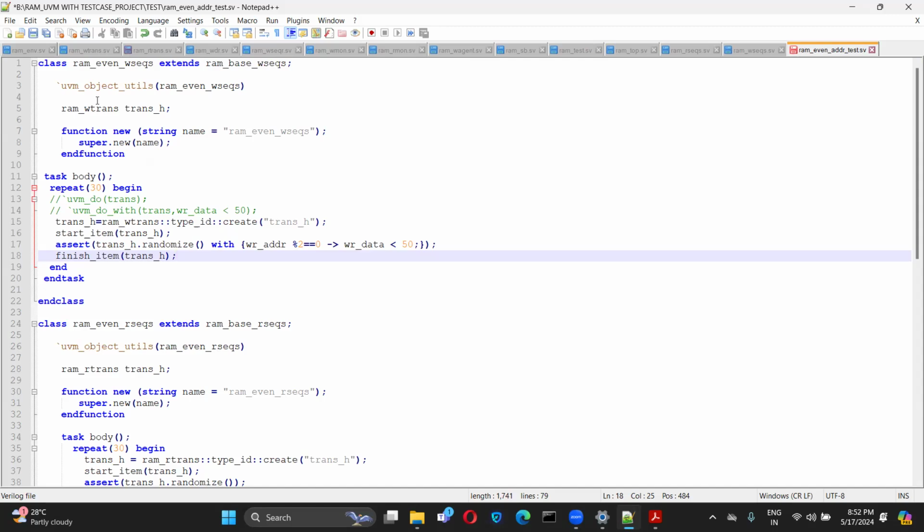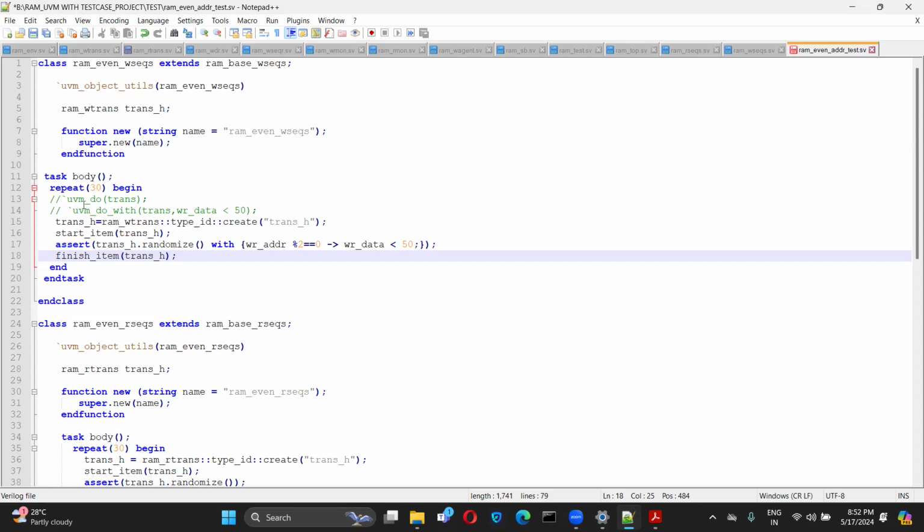We are just converging that source code into a single line macro. Just by writing UVM object utils, it doesn't mean that there is only one line over there. This macro will have some source code which will execute that entire code, where there will be methods to register this class or the sequence inside the factory.